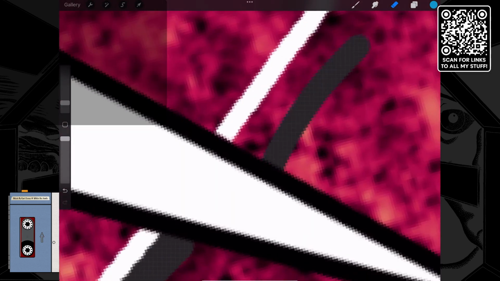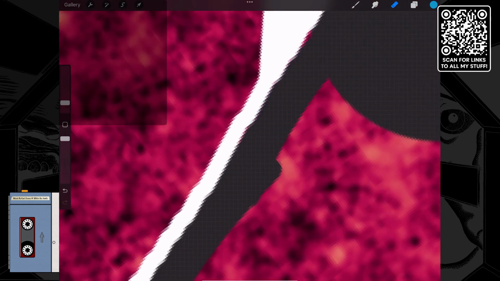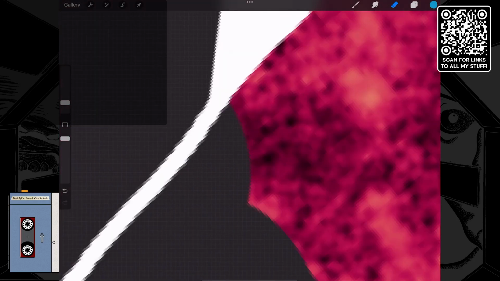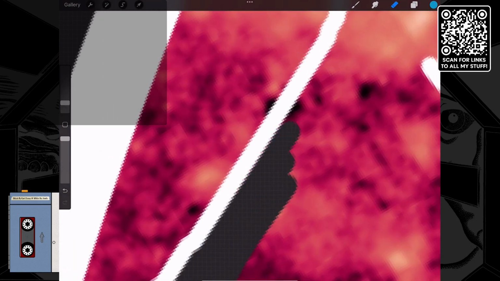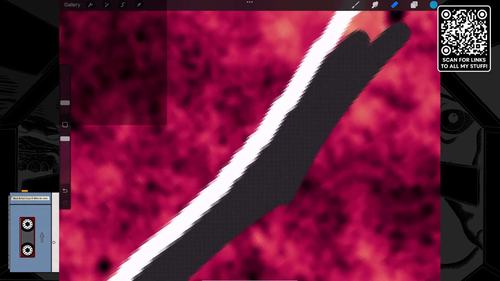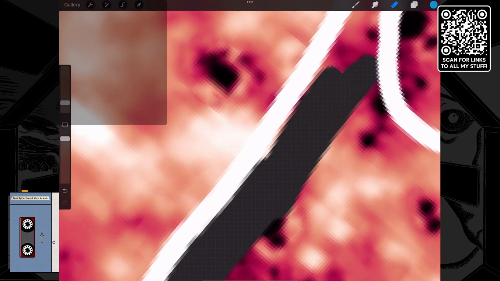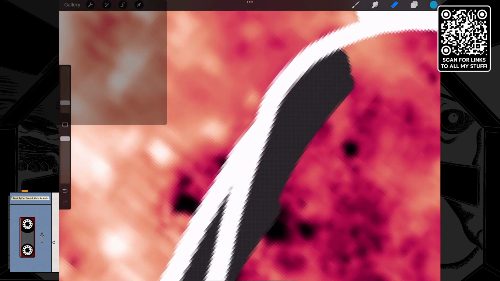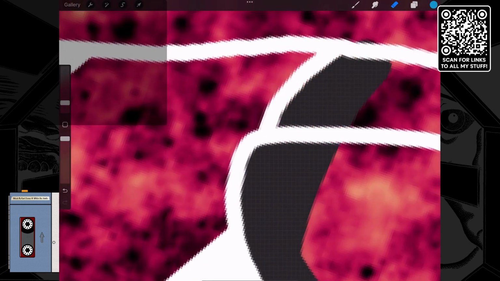So I'm going to jump into Photoshop for that part of it, which I don't like to do because I've definitely noticed that there is... what's the word for it? There is some kind of fidelity loss going between the two programs. Now, luckily, it's not something I've run into very often, and maybe this is just a consequence of two different programs working two different ways, but there is definitely something that happens to the image, even though it's a PSD file. Procreate does support PSD files, but something happens to the image.